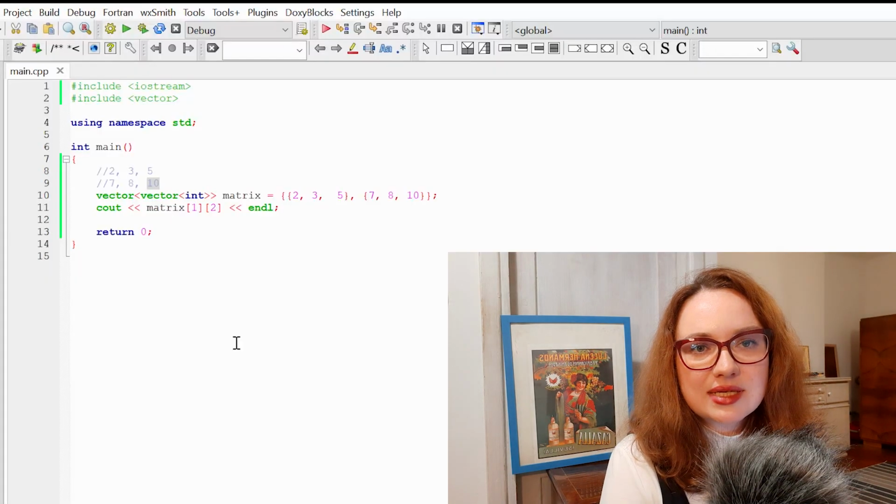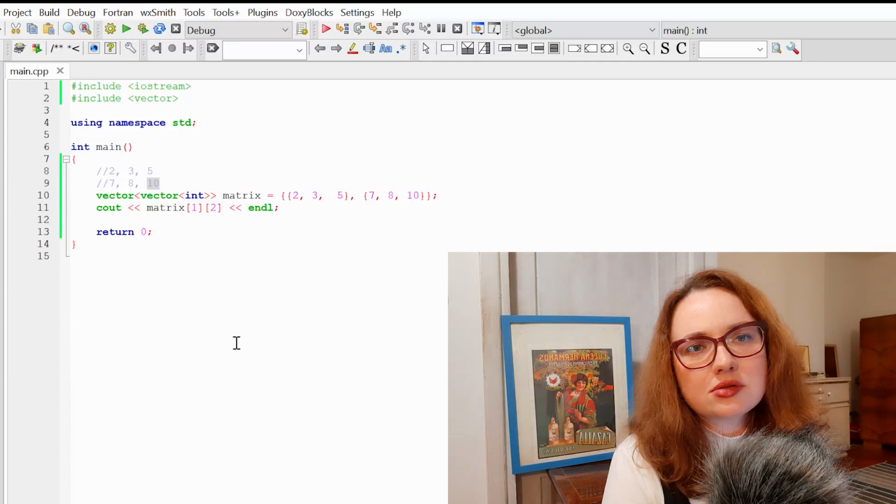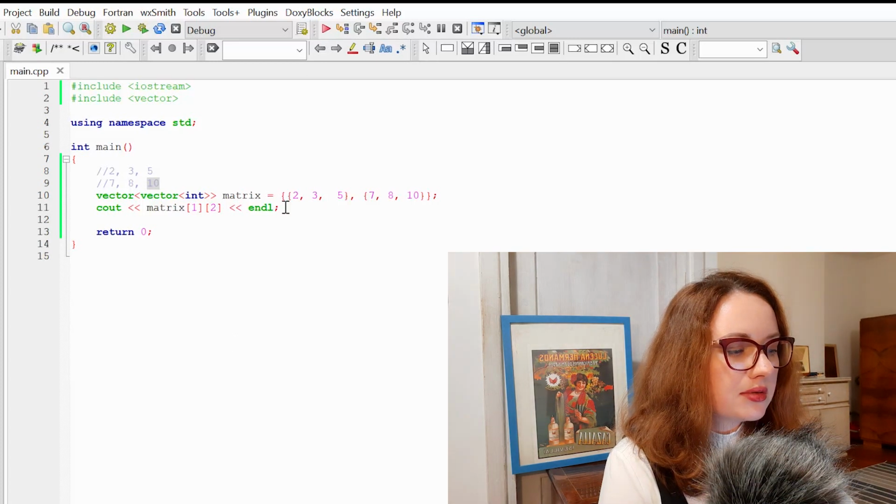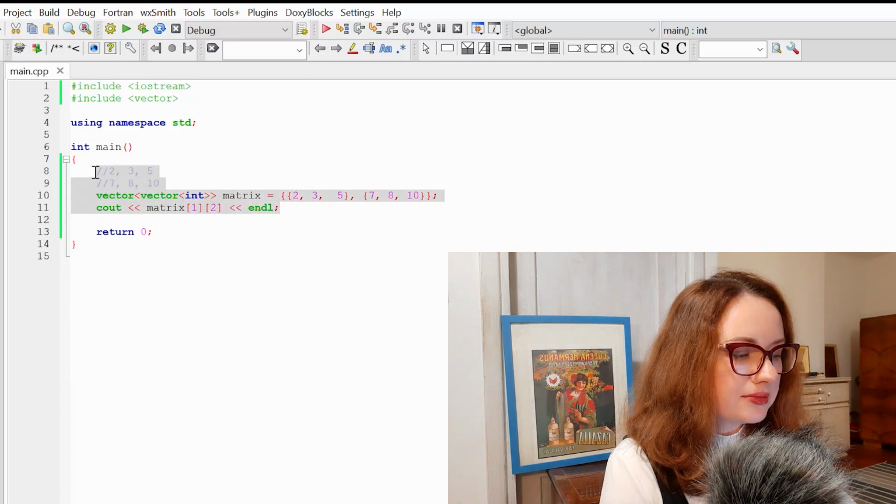At the end of this lesson, I want to add a couple of words about strings, because string is also some kind of array, but it's more similar to the vector because it has a dynamic size and huge functionality and ability to change the size of your string. So let's create some string.